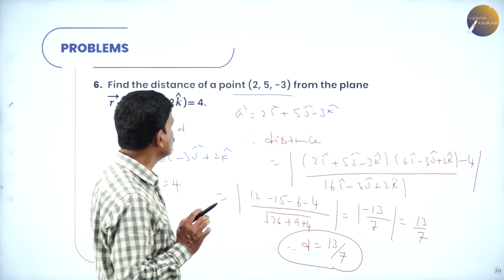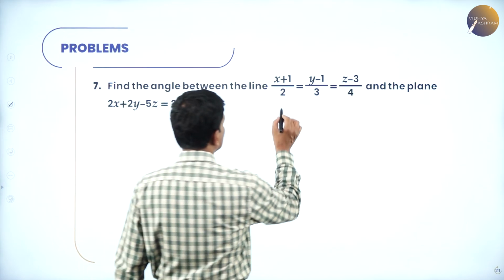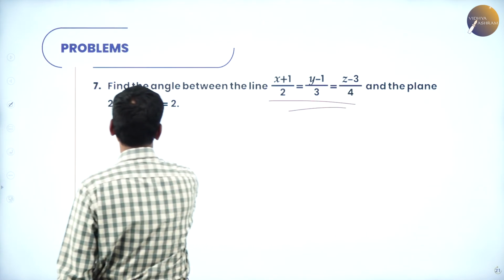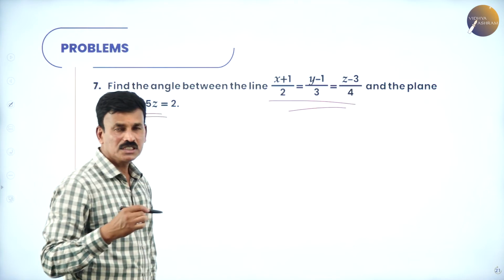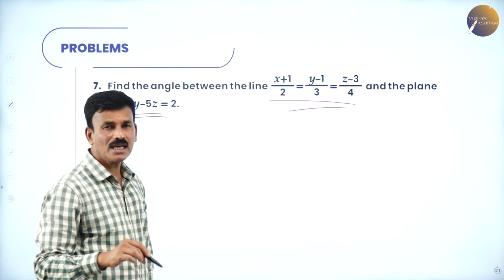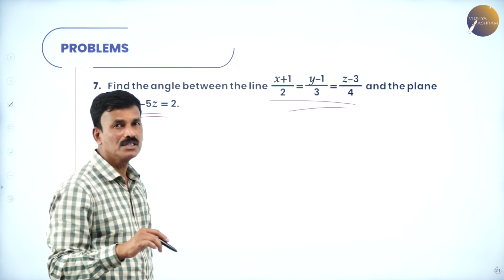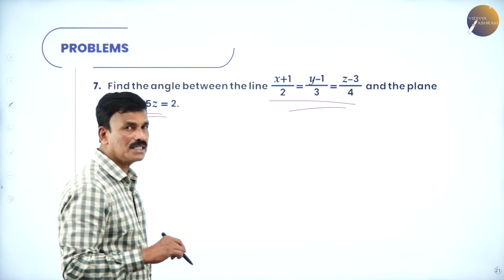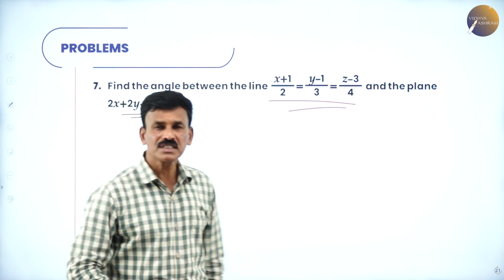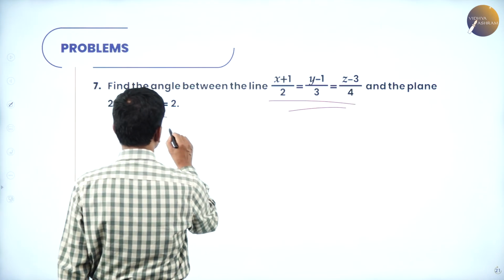The last problem in this: find the angle between the line and the plane. See, so far we have determined the angle between the lines and also the angle between the planes. Here it is the angle between a line and a plane. So to find the angle between a line and a plane, just find out the vector equation for this. The vector equation for